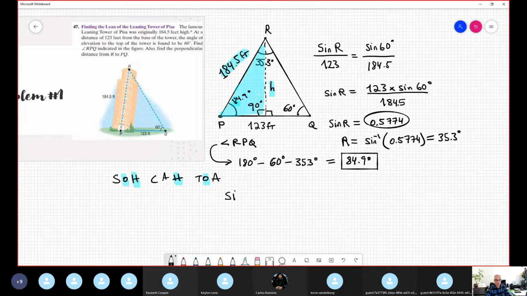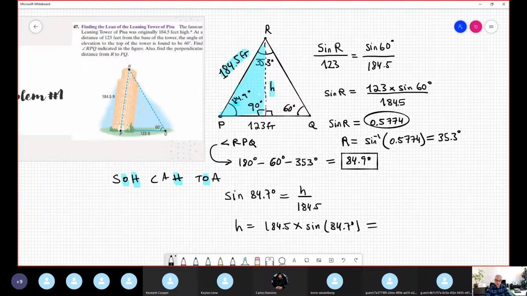So sine of the angle is equal to h divided by the hypotenuse, which is 184.5. Therefore, h alone is, cross multiply one more time, 184.5 times sine 84.7 degrees. And the answer is